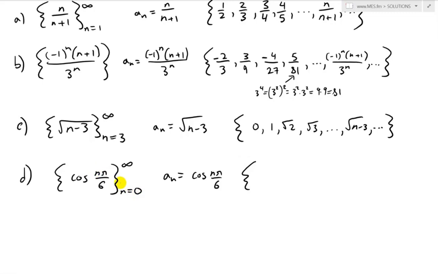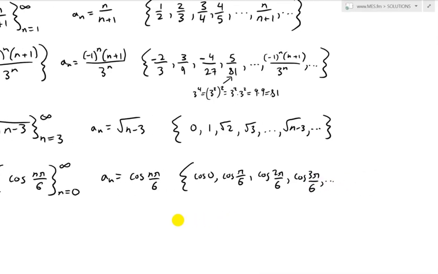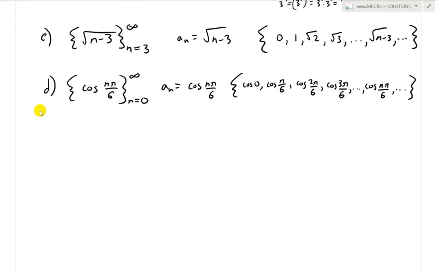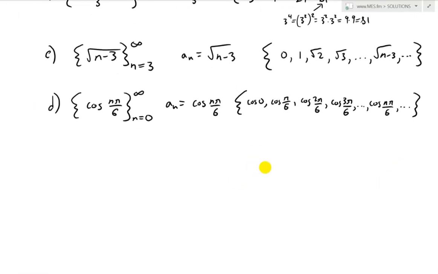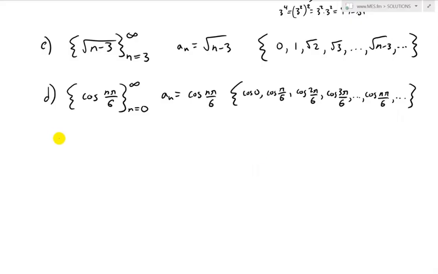So we put the 0 in there, we'll have a cosine 0, then we'll have a cosine of pi over 6 for n equal to 1. Then we'll have a cosine of 2 pi over 6, let's leave the 2 over 6 there, or pi over 3. The next one here is going to be cosine 3 pi over 6, and then dot dot dot, keeps going on and on until we get cosine n pi over 6, and then dot dot dot, and then close the bracket. And now to evaluate this numerically, just for completeness' sake, let's first recall